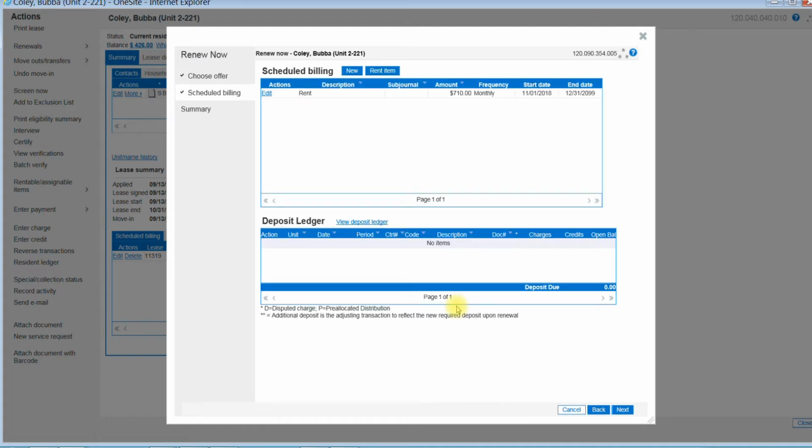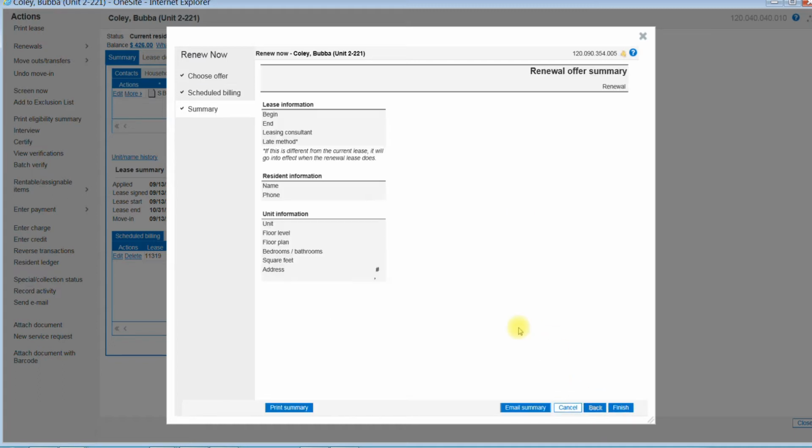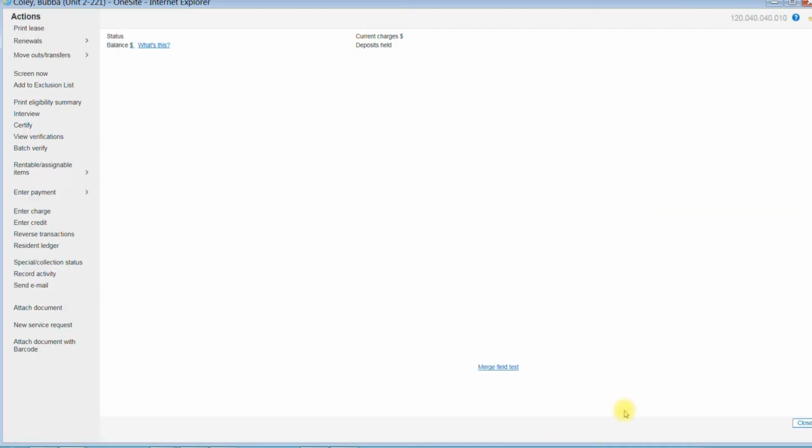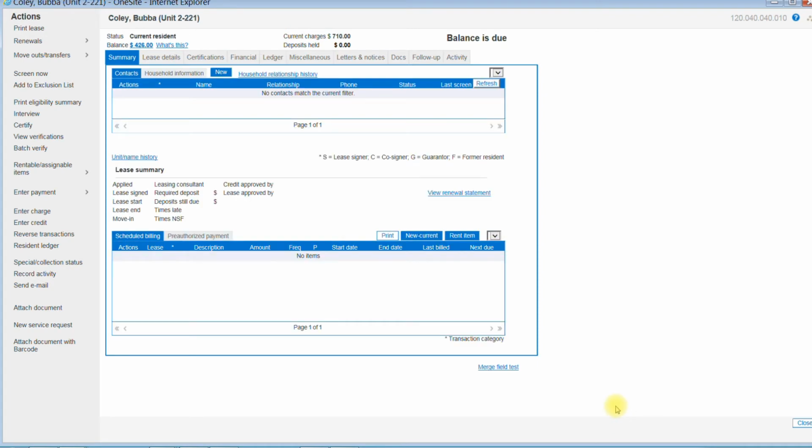Just a chance to check our scheduled billing. If we need to make any changes, we could. But we've got the rent amount of $710. We're going to hit next. Brings us to our summary, and we're going to hit finish. So that's step one. The next thing that we need to do is make sure that